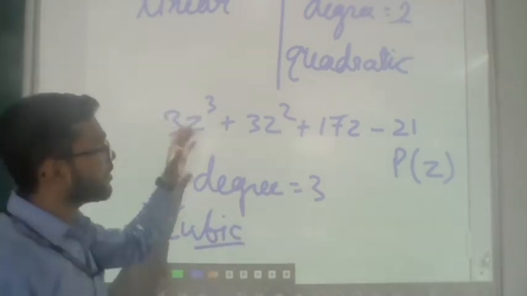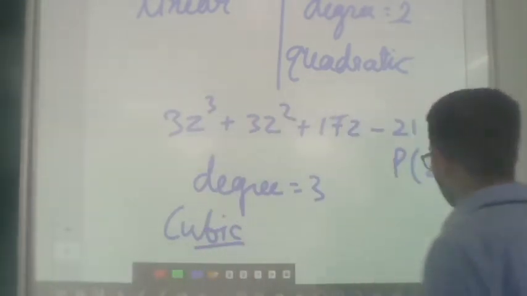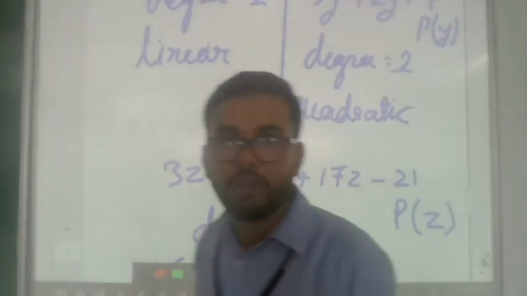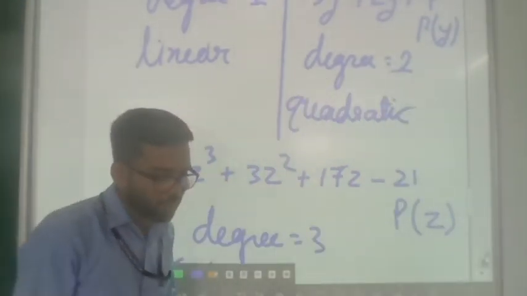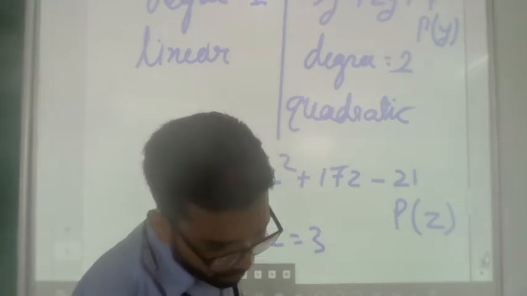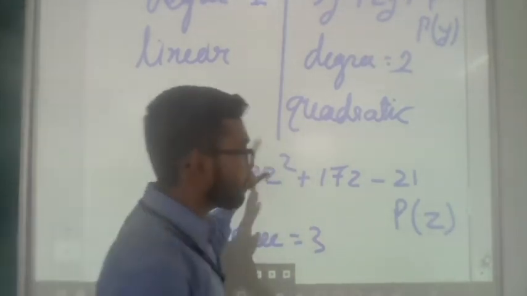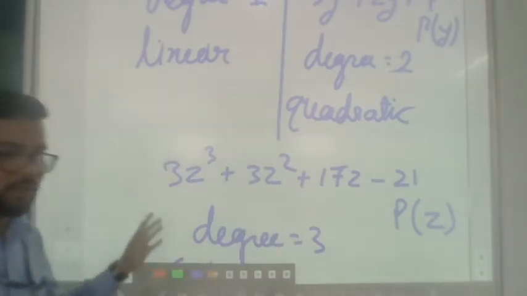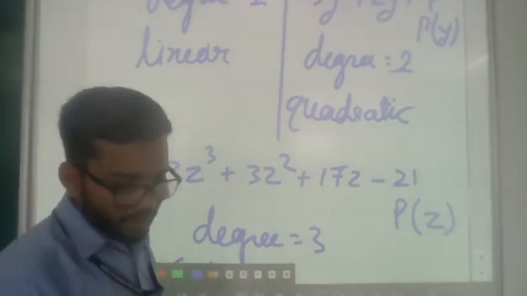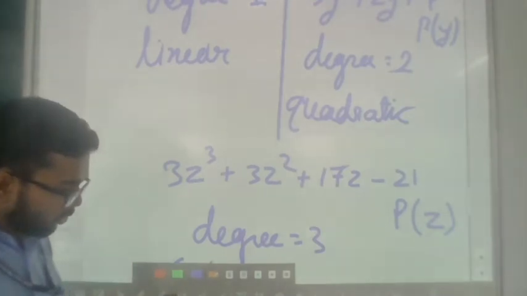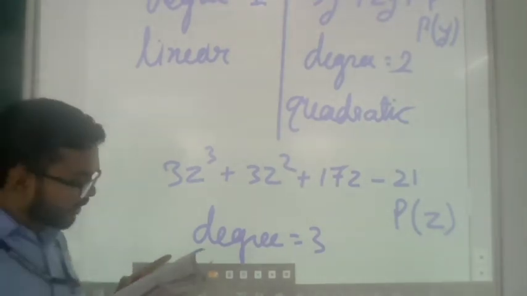Okay. So on the basis of these things, you will have to classify linear, quadratic, and cubic polynomials in question number 5. Okay. So you can solve it through this example. You can write it also in your copy, and on the basis of this, you have to classify all the polynomials as linear, cubic, and quadratic.